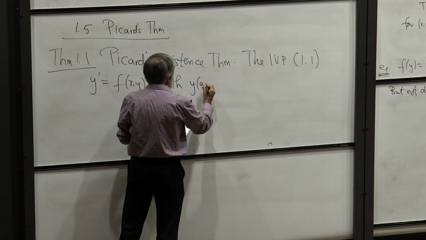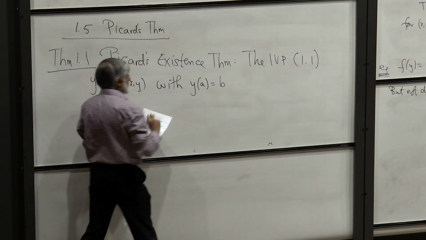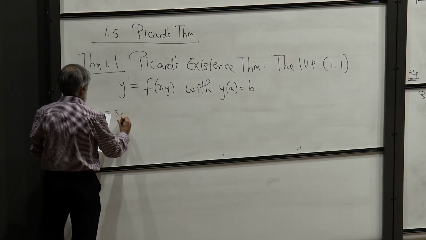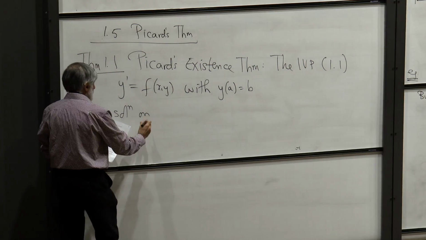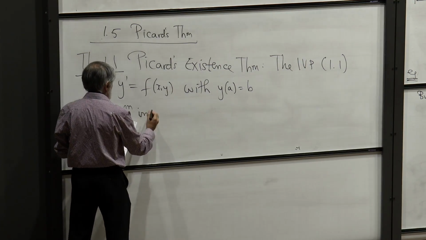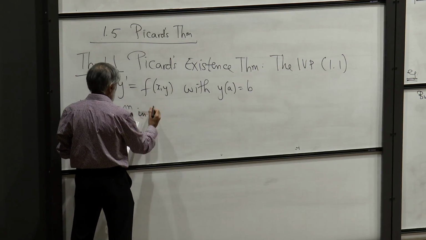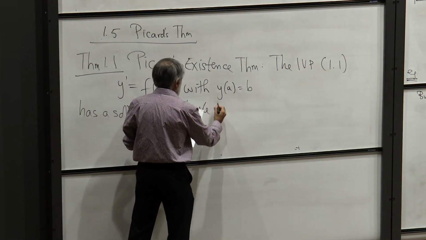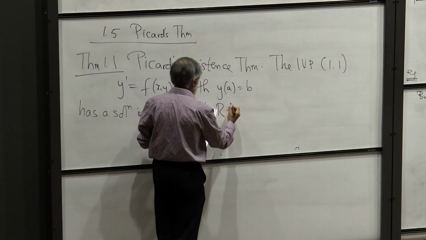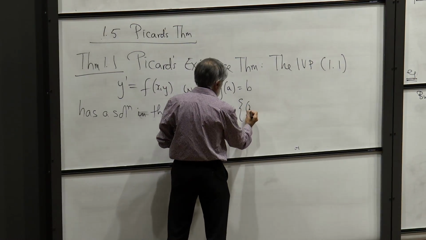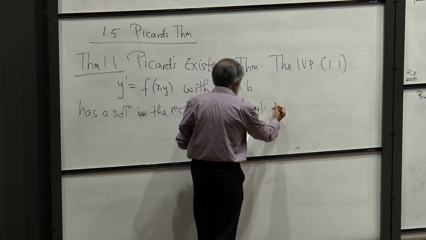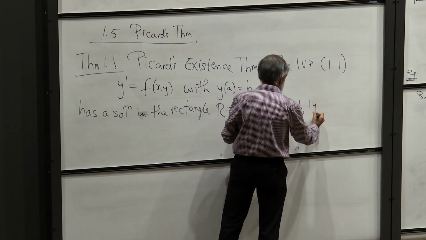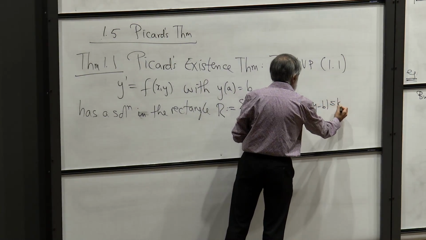With y of a equals b has a solution in the rectangle we've been talking about all along, the rectangle R, which is defined as, again, we're just writing down stuff we've already written down: modulus of x minus a less than or equal to h, modulus of y minus b less than or equal to k,